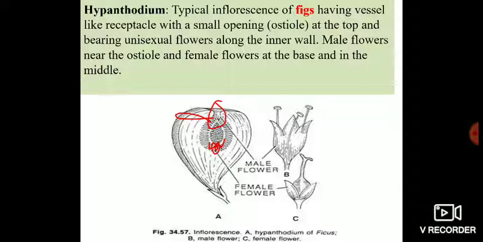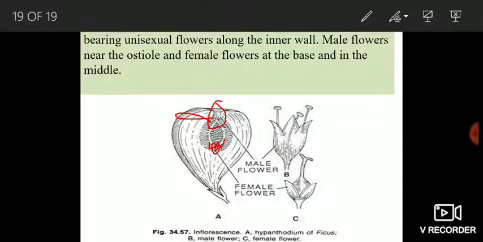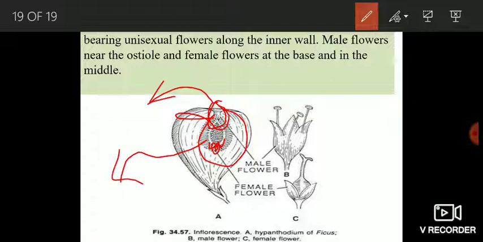structure, which is known as Hypanthodium. This Hypanthodium possesses a pore-like structure at its top, which is known as ostiole. Okay, and the inside of this Hypanthodium contains unisexual flowers. That means those flowers which possess only one reproductive part, either male or female. The distribution of male and female flowers is like this. The male flowers are located towards the ostiole, and the female flowers are located towards the bottom, towards the base